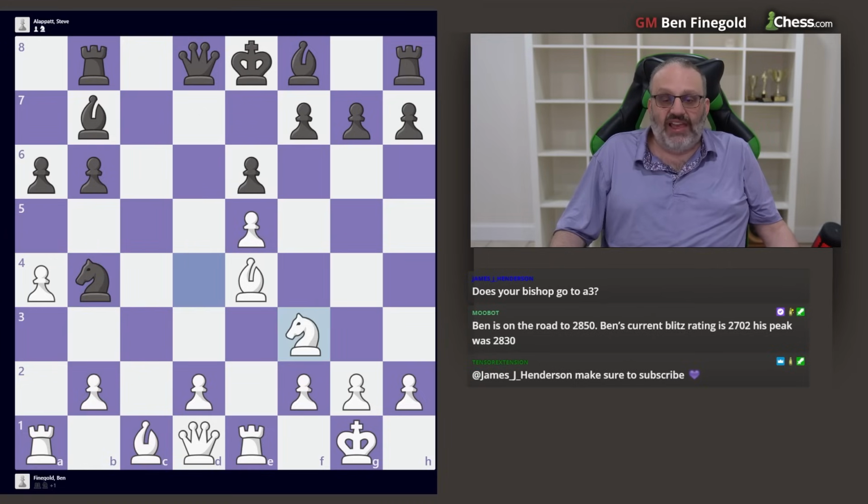I played knight f3, which is also correct. Now he made a move the engines don't like. They want him to play knight d3. Knight d3 is a very logical move. He played bishop takes e4,